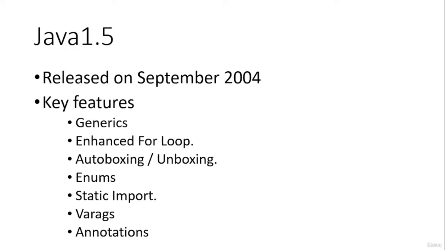Next thing which we need to mention here is annotations. Annotations provide metadata to our code. It allows us to have specific metadata information about code, so that we can use this information to process our class, interface or method in a different way. It is used in framework design and everything.